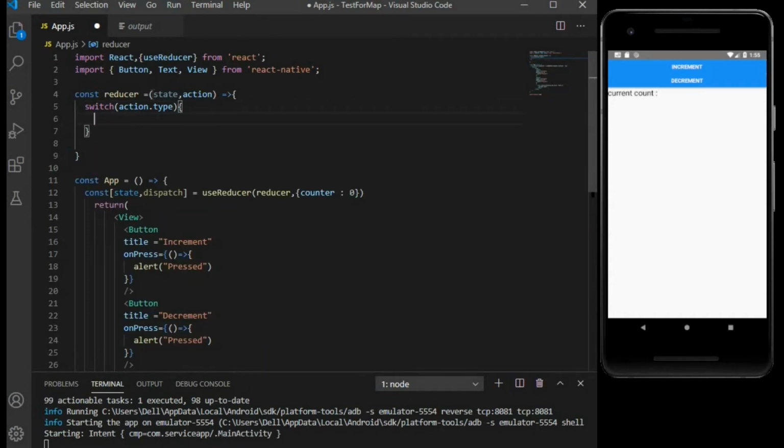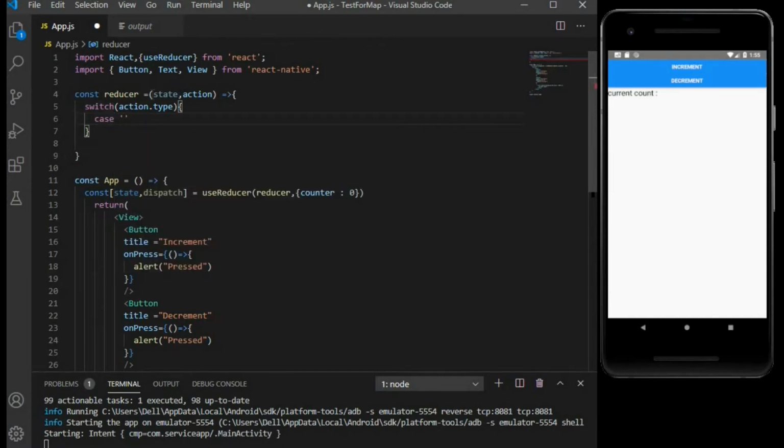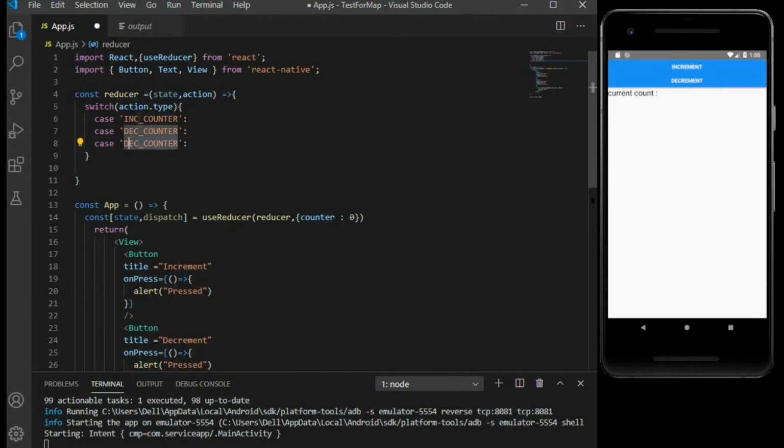One is to increment the counter, the second is to decrement the counter, and the third is the default, if the action performed is not one of these two, so we have to return some default value. For that the default state is used.